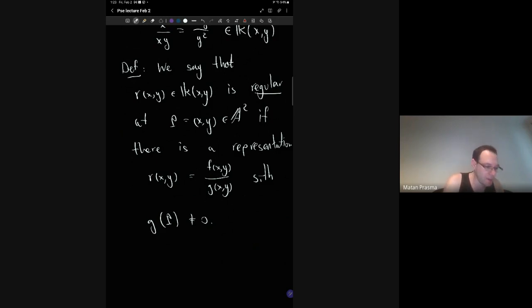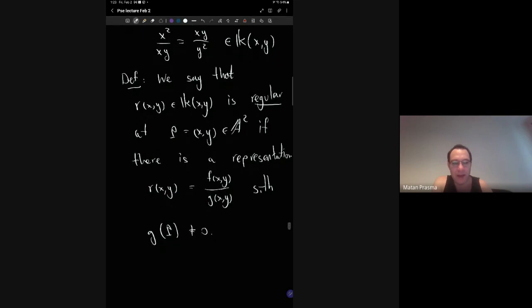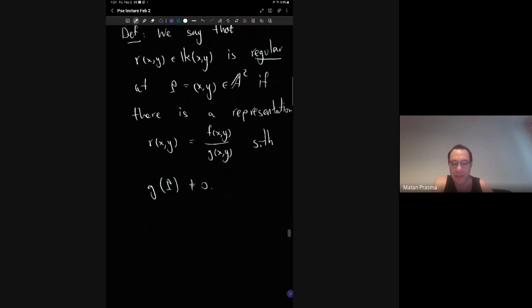Okay, so this is rational functions in two variables. So on the affine plane, you can view rational functions in one variable as partial functions on the affine line. But what we really want to look at is rational functions on elliptic curves. So now